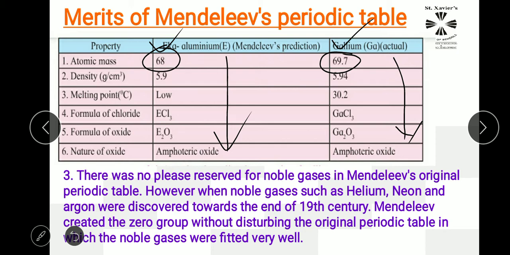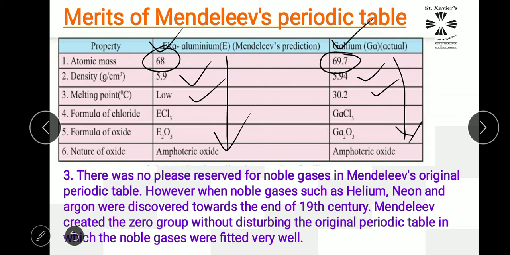At the same time, when we talk about density, he said that 5.9, and later on when it was discovered, it was found to be 5.94. See here, 0.04 difference only. So it is exactly the same, we can say, students. At the same time, melting point, he said that it should be low, and later on it was discovered as 30.2, which is approximately room temperature, students. It is our room temperature when we are in Maharashtra,